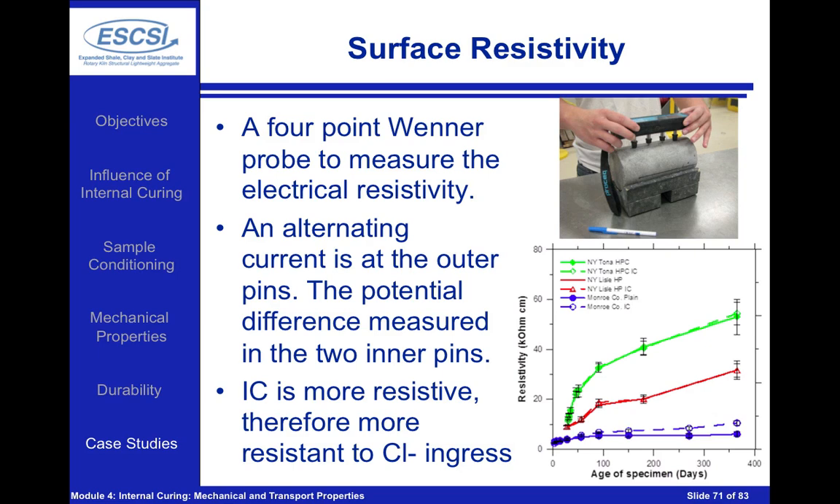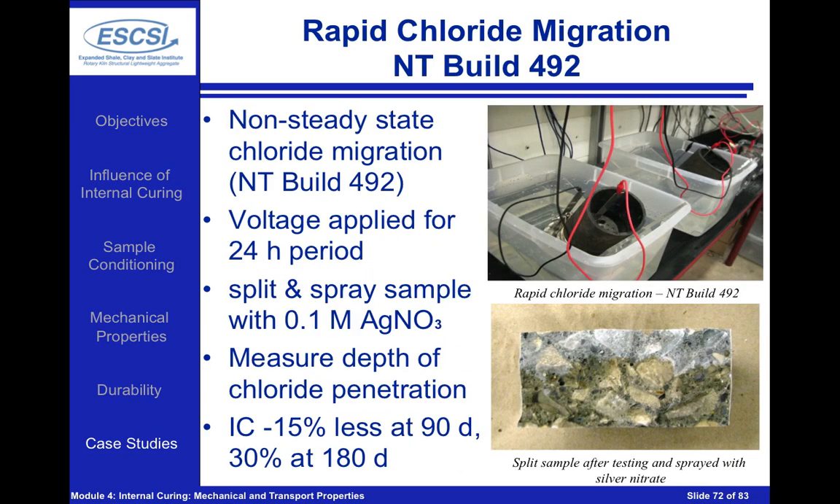Very similar response between the plain and the internally cured concrete. Slight reduction in the slightly more resistive internally cured concrete in Monroe County. Again, going with the fact that it would be more resistant to chloride ingress. Similar results shown here for the rapid chloride migration test known as NT-Build 492, which measures how far the chlorides